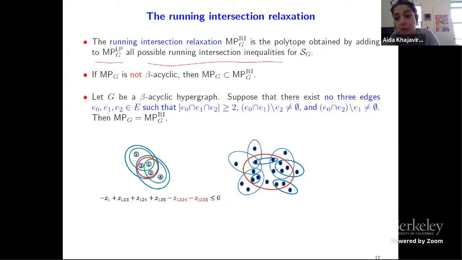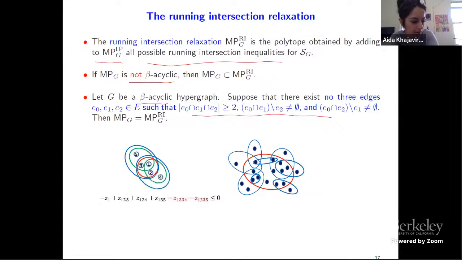Okay, so here actually I don't have a nice if and only if, although now I will switch to a different result that is very clean, but I just want to say this is the most general result we have, that there's a gap here. So what it says is, if the hypergraph is not beta-acyclic, then the running intersection relaxation is not the multilinear polytope. Okay. If it is beta-acyclic, in addition, you need another condition, which again, it's kind of technical,